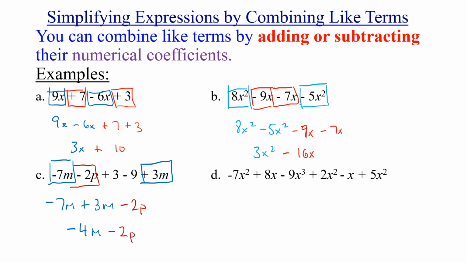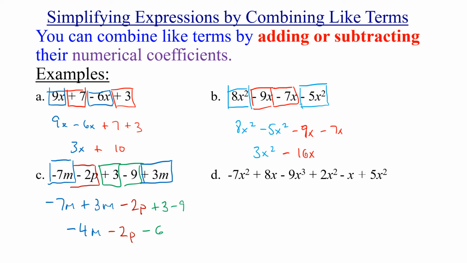And now looking at the constants, I have a positive 3 and a negative 9. So positive 3, negative 9, and I know that positive 3 minus 9 is a negative 6. So our final answer is negative 4m minus 2p minus 6. And last but not least, we have negative 7x squared plus 8x minus 9x cubed plus 2x squared minus x